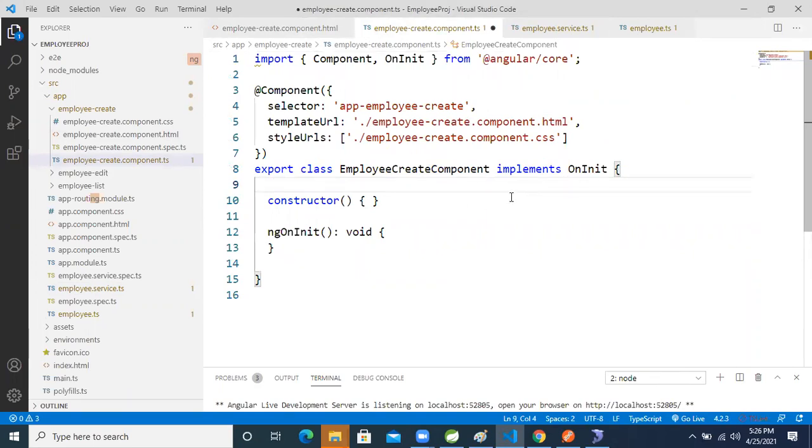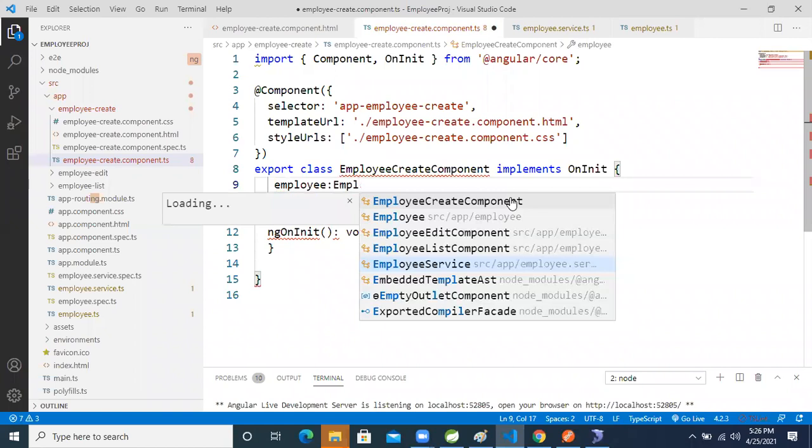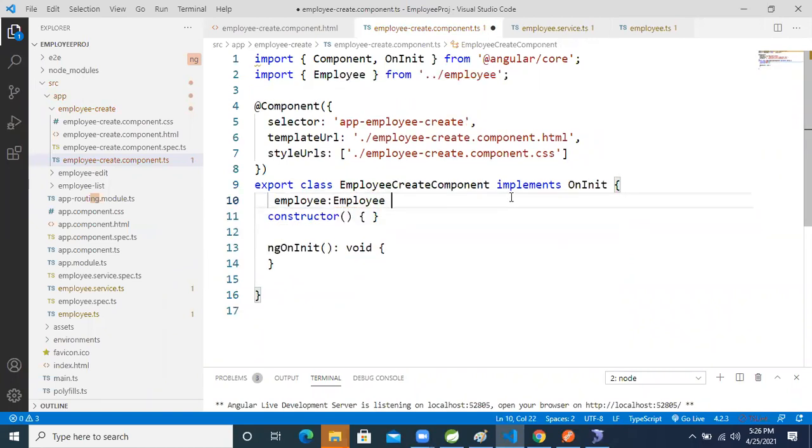How do we create it? employee: Employee, employee equal to new. In Java, object creation is different, but in Angular, right?